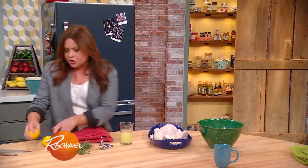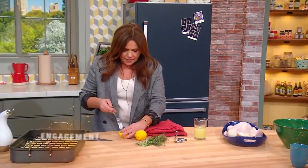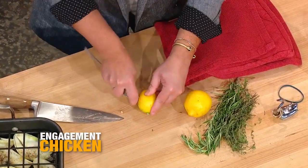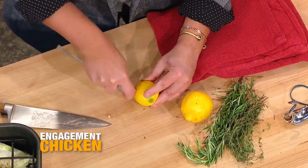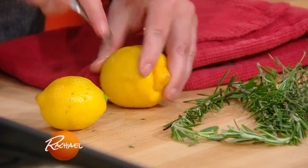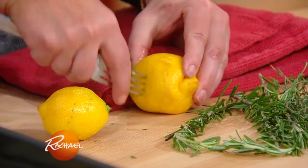For the chicken, anytime you make a roast chicken, salt it the day before and leave it exposed to the air in the fridge. We're going to take 2 small lemons and prick them with the tines of a fork all over. We're gonna put these in the cavity of the chicken, so the lemon juice is literally bathing the chicken the